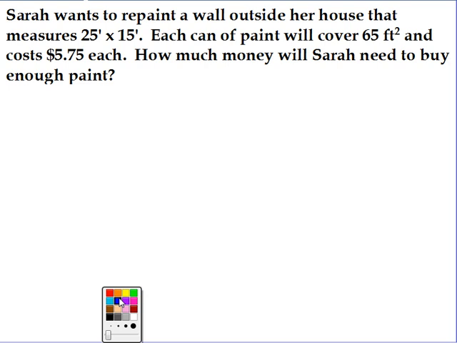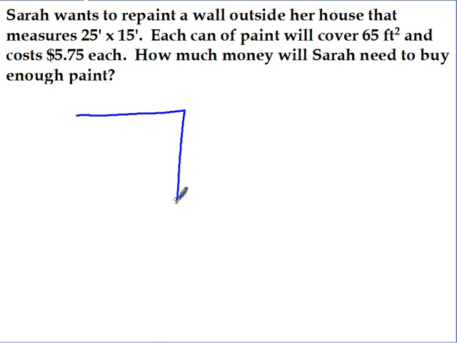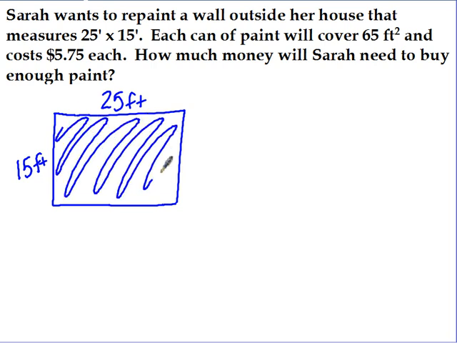Well, so here's my wall. She's going to repaint, and remember, 1 mark means feet. So it's going to be 25 by 15. Now, this is area because we're painting it, so she wants to cover the whole thing. So it's no longer the outside edge, it's the entire thing. So we're going to find the area. So 25 times 15 gives me 375